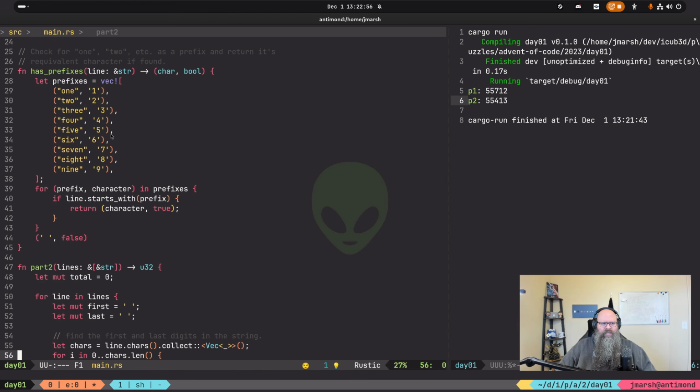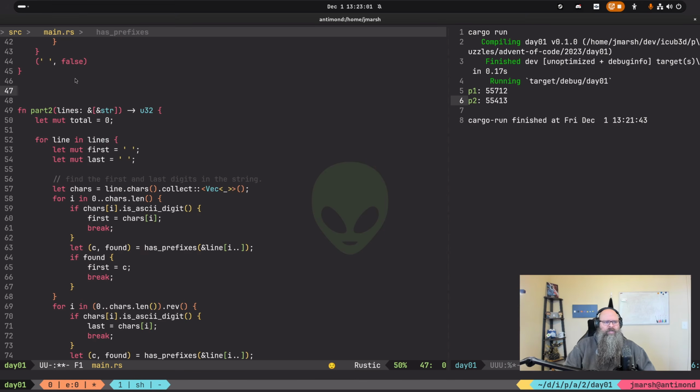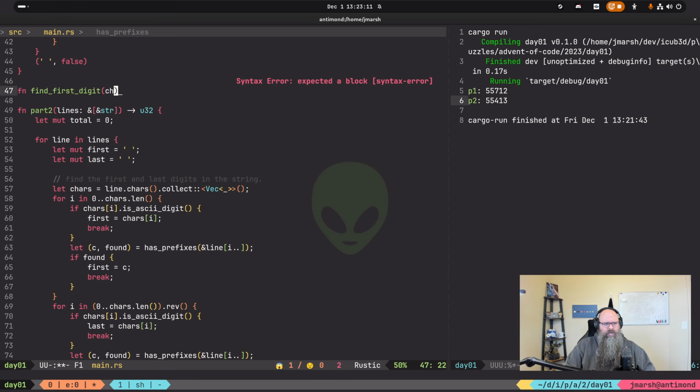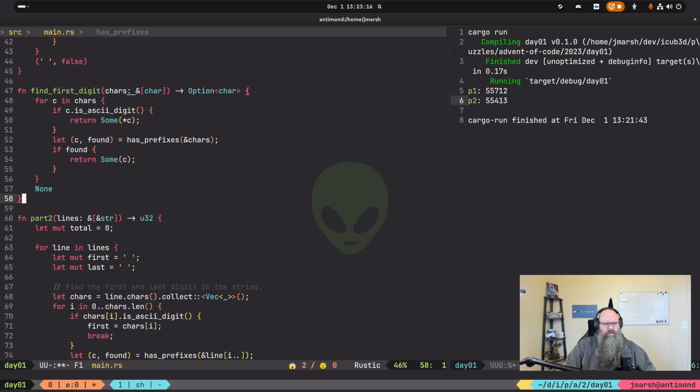So besides the has prefixes function, we could create like a find first digit with we would get a pointer. It's always going to return 1, right?